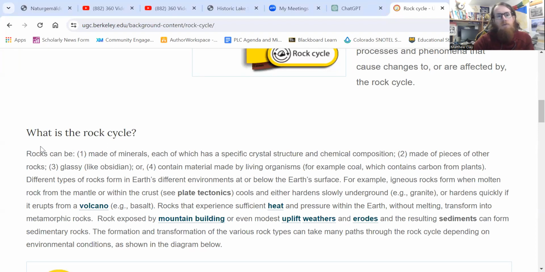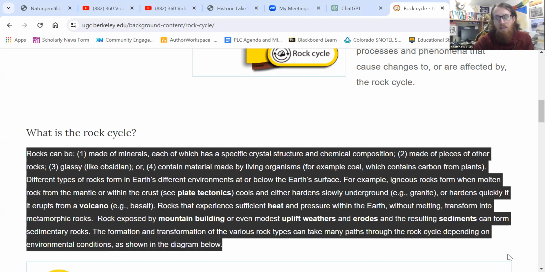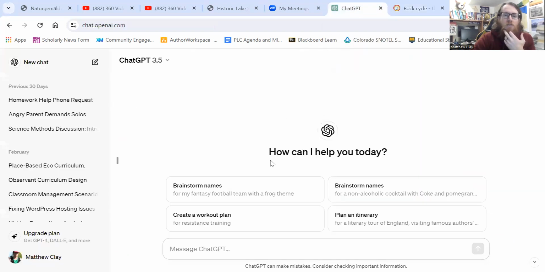What I'm taking here is just some background text, something I might assign in, I don't know, probably a ninth grade Earth and Space Science class, right? And so if I have a student that I know struggles with reading level,